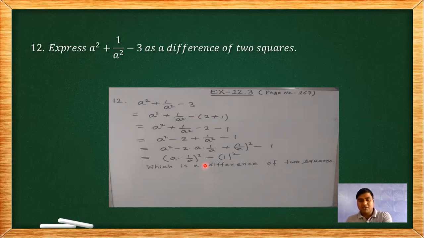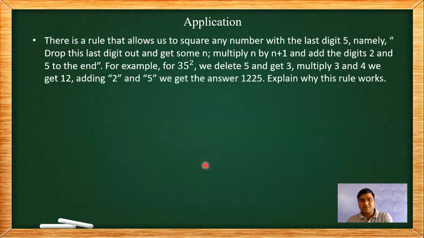So next there is a mathematical tip and application of this chapter. There is a rule that allows us to square any number with last digit 5. Now we find the square of any number whose last digit is 5. The rule is to drop the last digit, which means drop the 5,